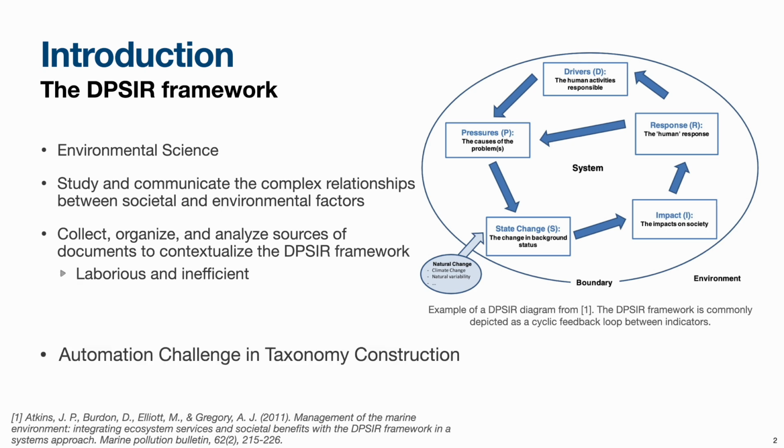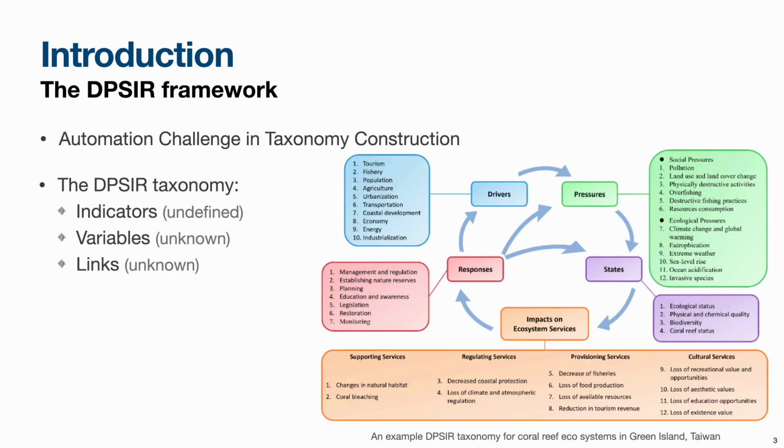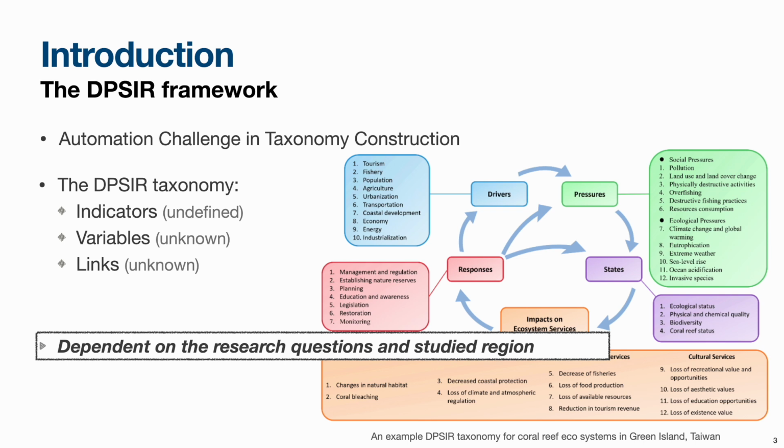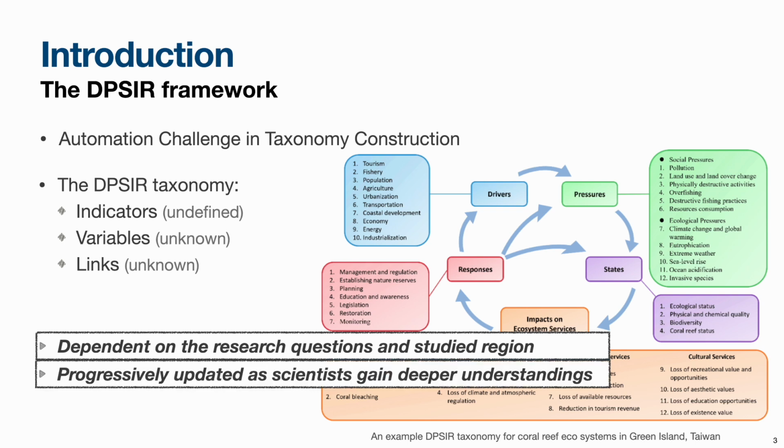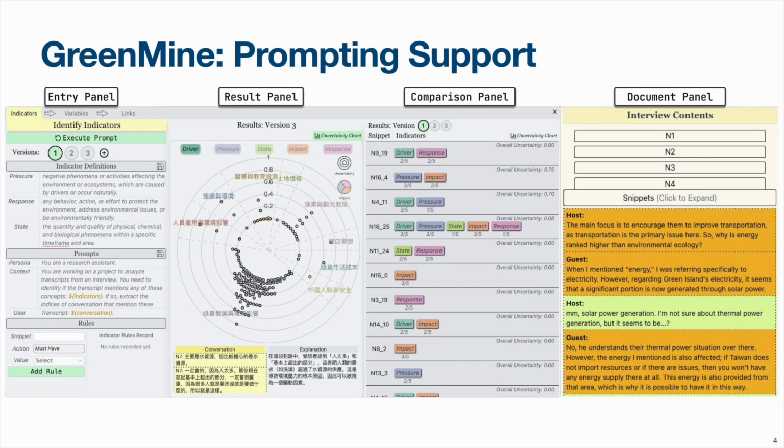inefficient. Moreover, there are some unique challenges in automation support. First, the DPSIR taxonomy is dependent on the research questions and studied region, which makes it hard to design a universal taxonomy. Second, scientists usually progressively update the variables as they gain deeper understanding about the ecosystem, which makes evaluation challenging. To address these challenges, we work with environmental experts and design a system that supports interactive text mining based